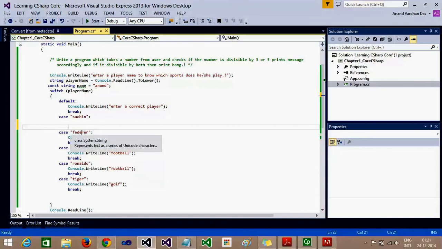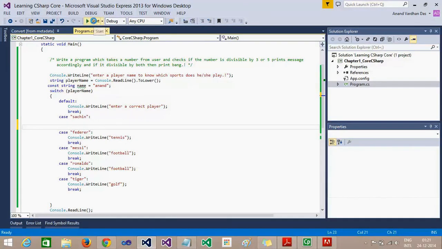It will not check whether it is Federer or not; it will directly execute this statement. So if you are not putting a statement and not putting break, then we are combining one or more conditions into a single condition. So if the user enters Sachin or Federer, it is always going to print tennis.